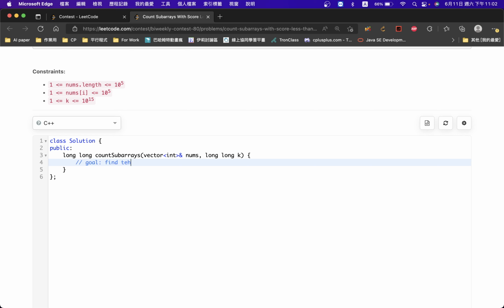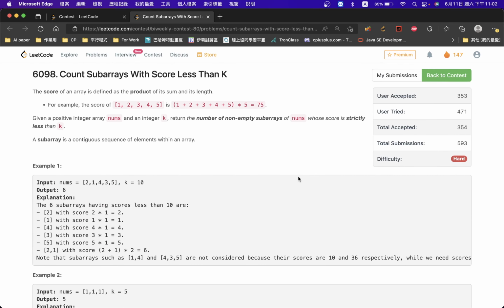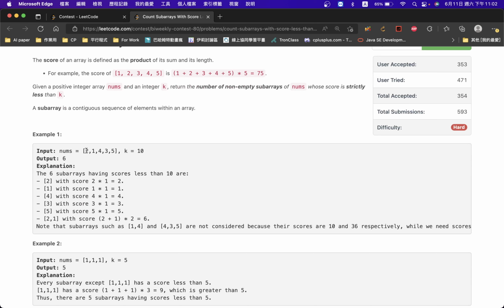Find the number of subarrays such that the sum times length is smaller than k, right? Smaller than k. What should we do? So we have two